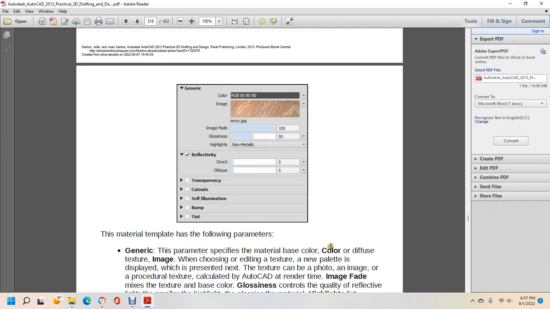Parameters specify the material, the base color, and the diffuse image texture. When choosing to edit the texture, a new palette is displayed with the preview next to the texture. It can be a photo, an image, or a procedural texture calculated by AutoCAD at rendering time, image fade, mixture, and